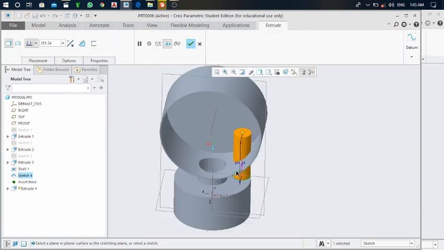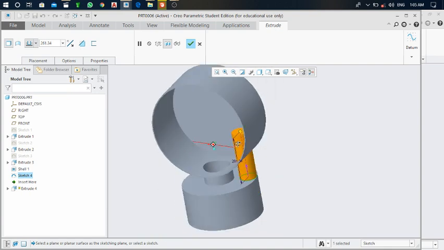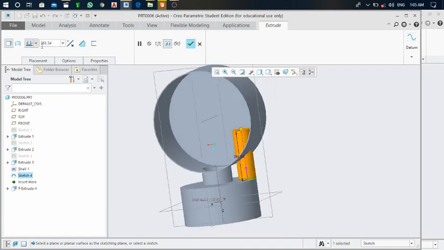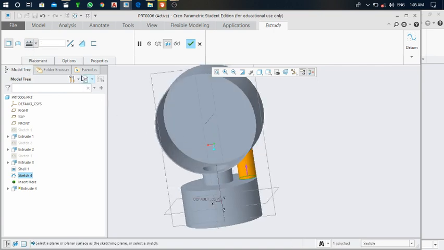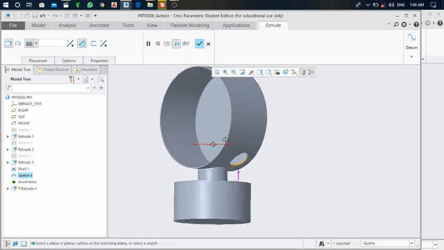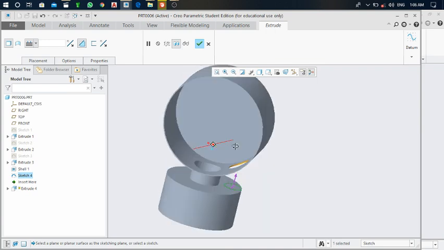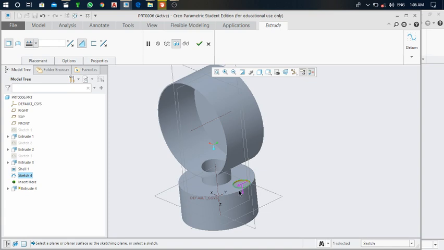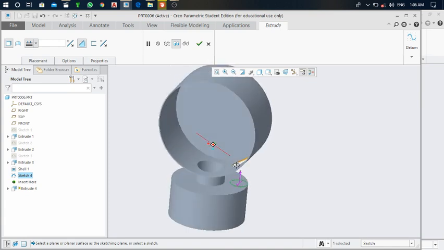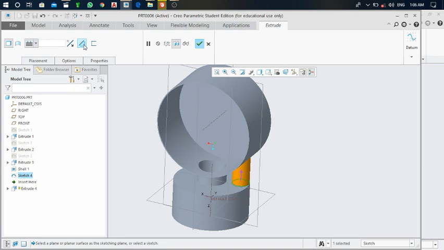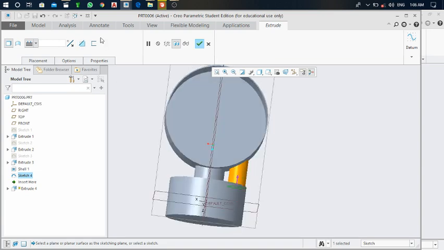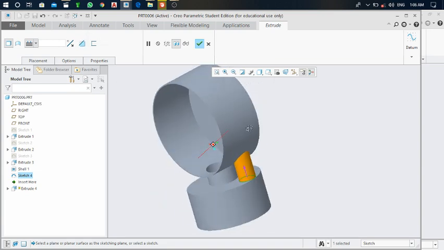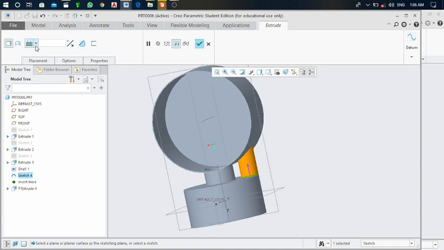It is extruded up to 261. Okay, but I wanted to make it only up to the surface, so just go here. You can click it. Okay, if you wanted to remove material, you can click here and you can see this difference. Material is removed. You can change the direction also, like this, and again like this. So if you wanted to regain this, just click on this. So you can see the changes.